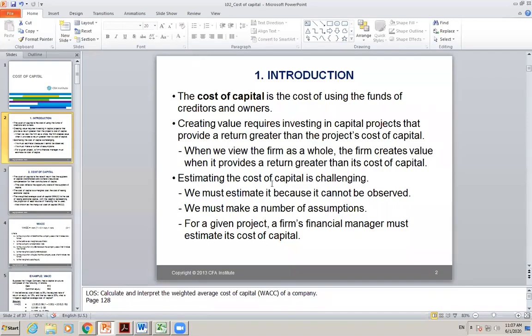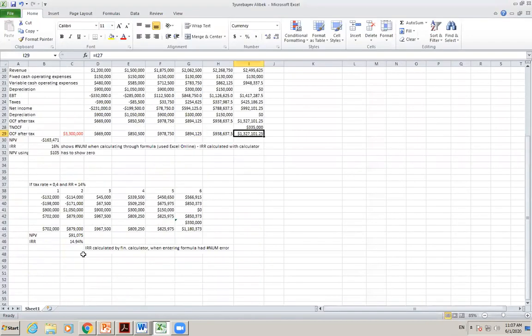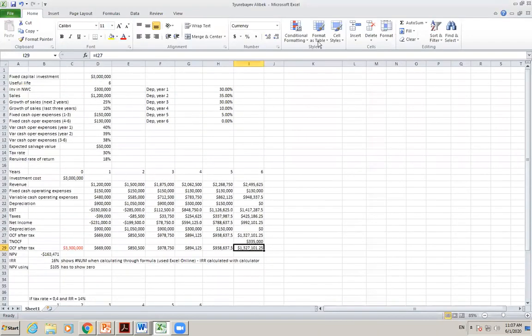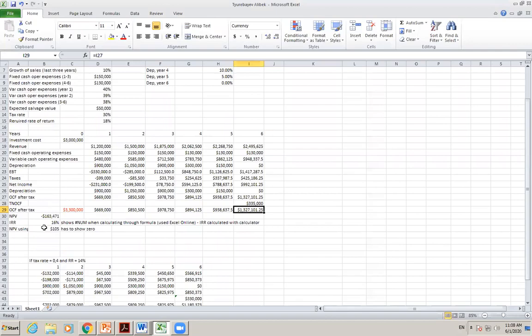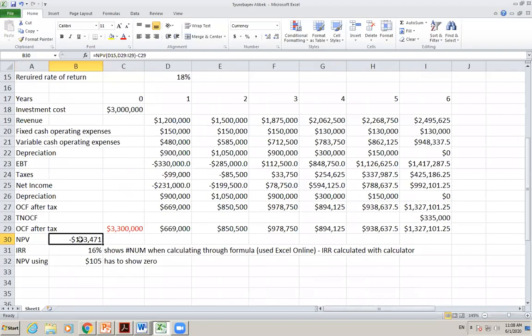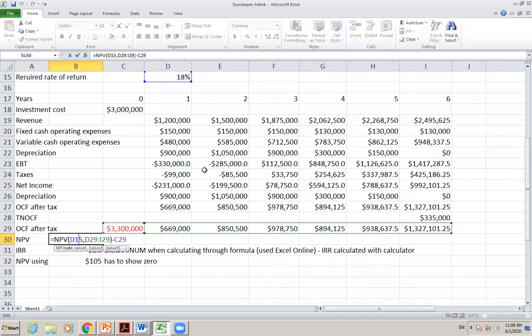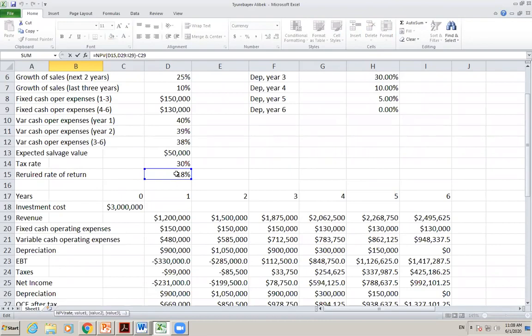So estimating the cost of capital is challenging, actually. It's not just getting the numbers and putting them into the NPV. To make it more clear, for example, I have cash flows here. I opened this work, I think Ali Bek's work, that I was going through. At the end, you calculate the NPV, okay? Here's what you calculate as NPV. But in the NPV, you use a rate of return, which is 18% here, okay? But this 18% refers to the cost of capital. It is the cost of the capital that is provided by